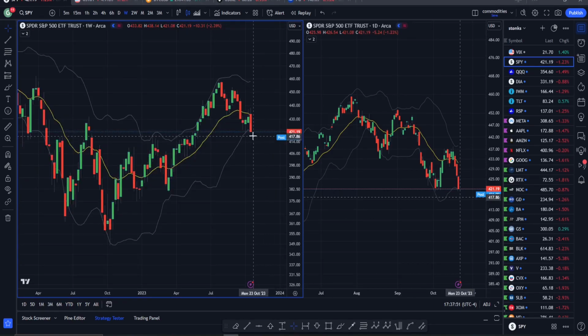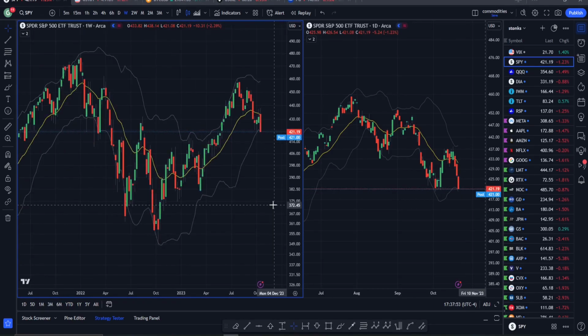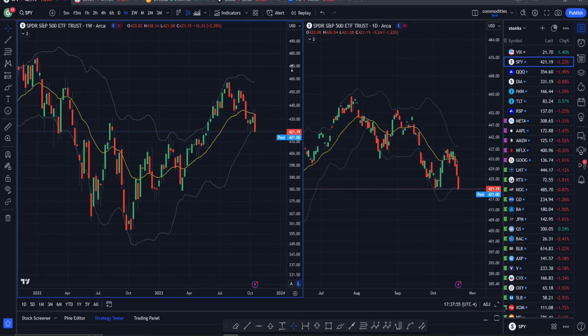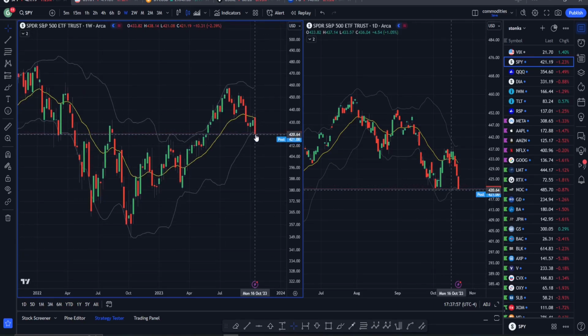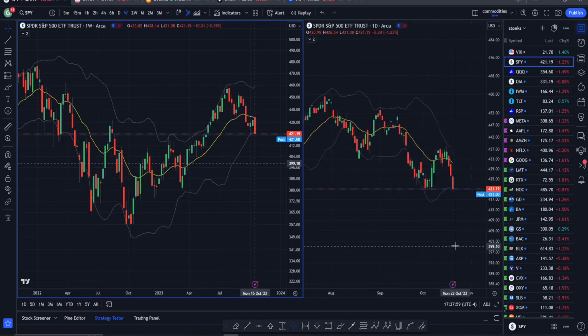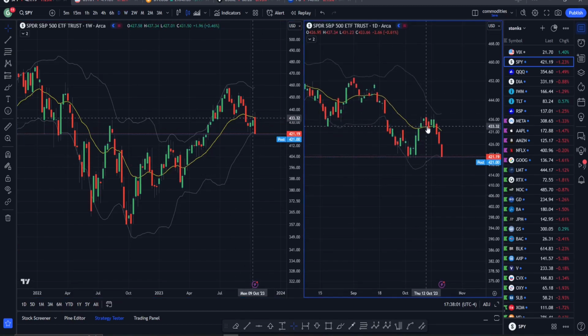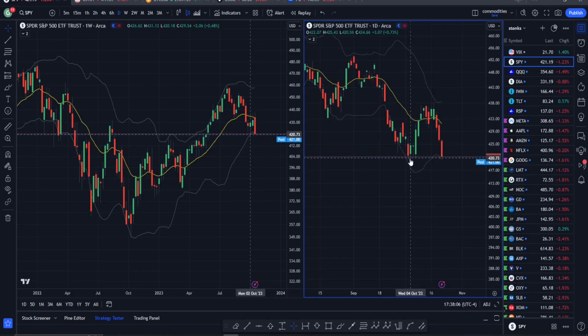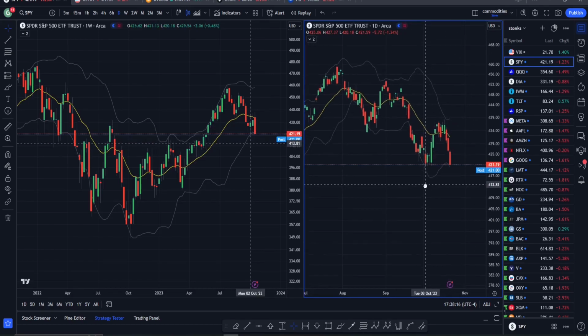As you can see, we had a massive red week here in the S&P 500, getting rejected off our weekly midline and pushing down into this lower extreme. I do want to point out here on the daily chart, we have had a big red past 3 days. If you look down here, we did not quite break through these previous lows set back here from the beginning of October. This is a very bearish close, but as you can see, we did not currently break down through that lower extreme. It does look very bearish though.